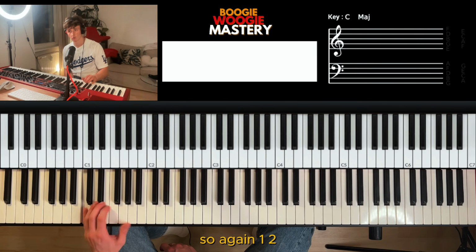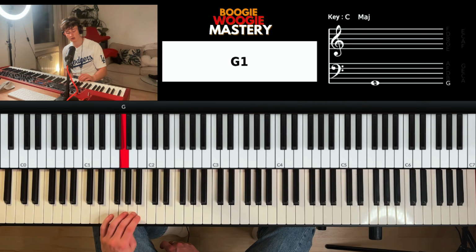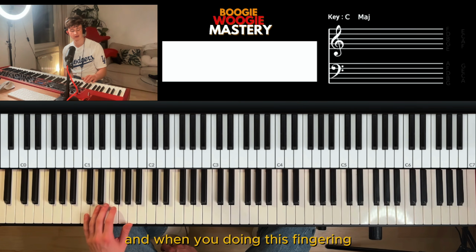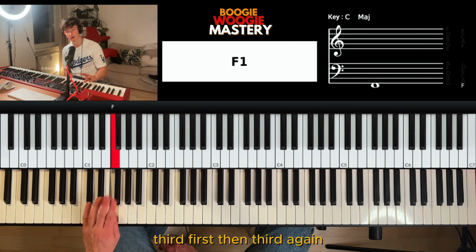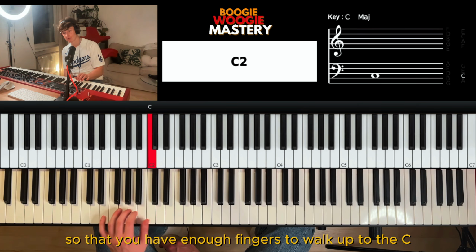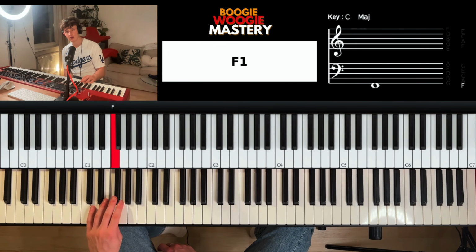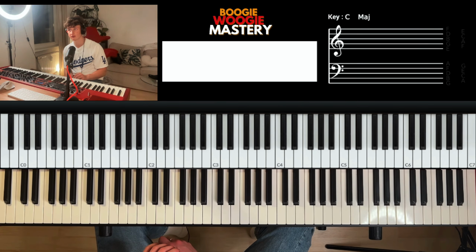So again, 1 and 2 and 3 and 4 and 1 and 2 and 3 and 4. And when you're doing this fingering, you're gonna do the 5th, 3rd, 1st, then 3rd again, and then 1st again, but then you're gonna grab with your 3rd finger onto the A, so that you have enough fingers to walk up to the C up here. Right? So 1 and 2 and 3 and 4 and 1 and 2 and 3 and 4 and...